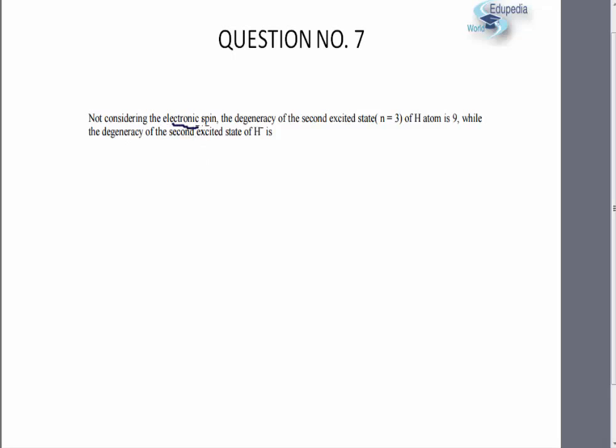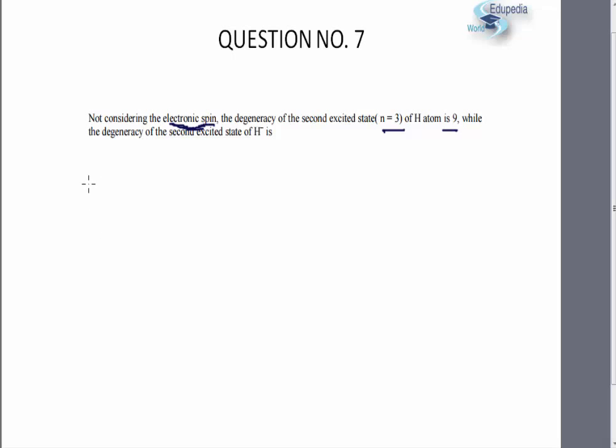Not considering the electron spin, the degeneracy of the second excited state of n equal to 3 of H atom is 9. Okay. Now, what exactly does it mean by the degeneracy of the second excited state? The degeneracy means the total number of different orientations which an electron can have. And since we don't have to consider the electron spin, the degeneracy simply means the number of degenerate